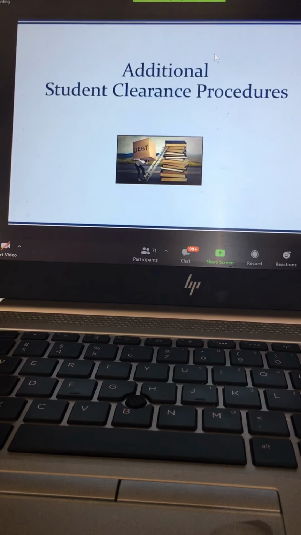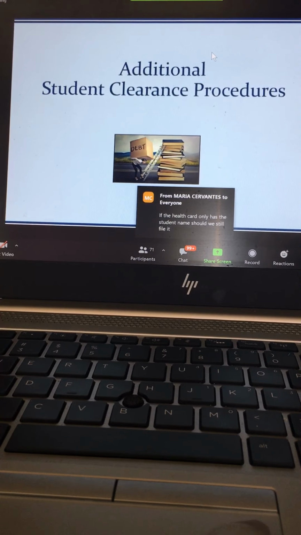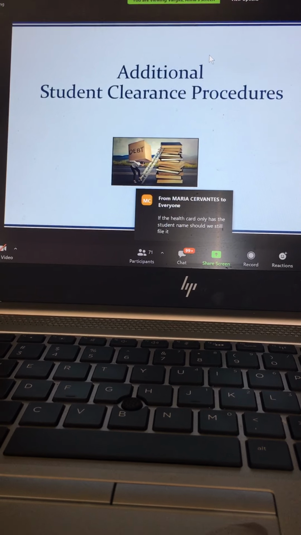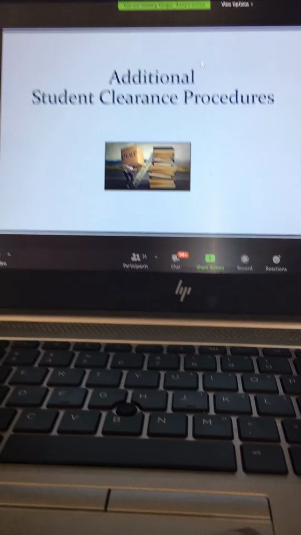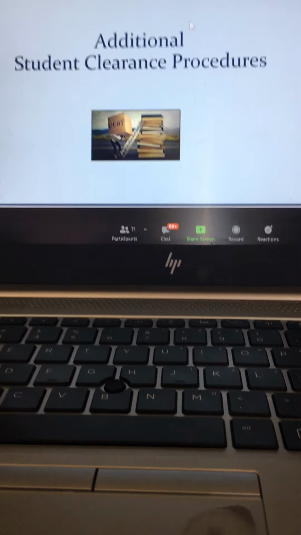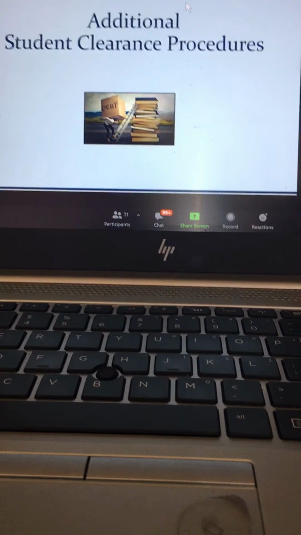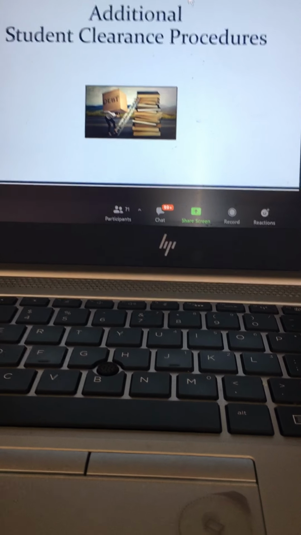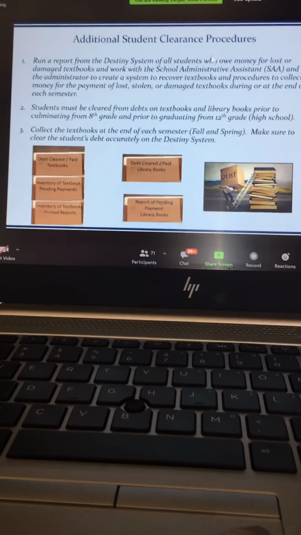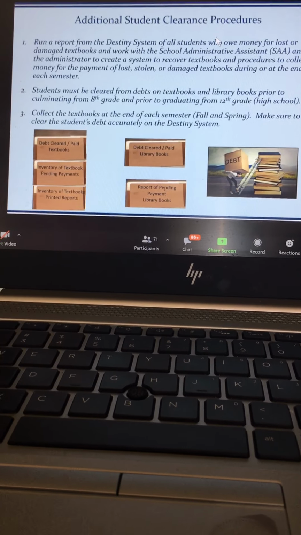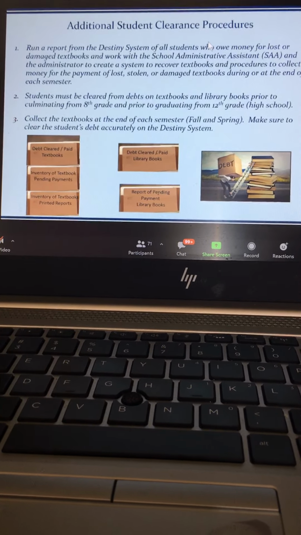So let's continue. And now some additional resources for you. We talked about most of the procedures to properly complete the CUMs for either the students who culminate from middle school or the students who graduate from high school. But what about this? It's your extra, your bonus that we put together for you: the additional student clearance procedures. Hopefully by now the students are clear from all debts, but if we didn't clear them, we need to make sure that we run a report from the testing assistants for all the students